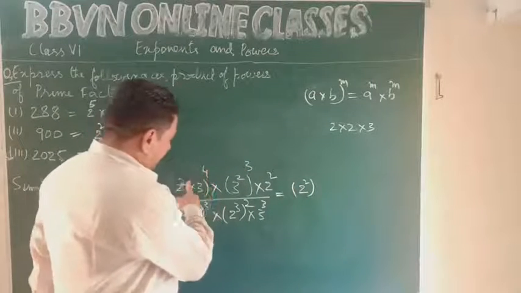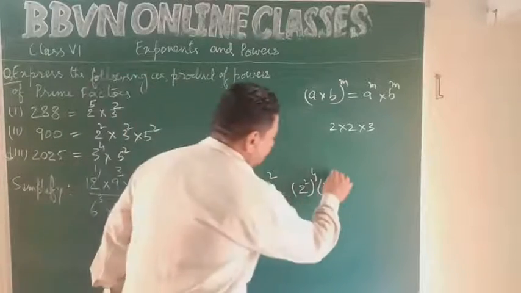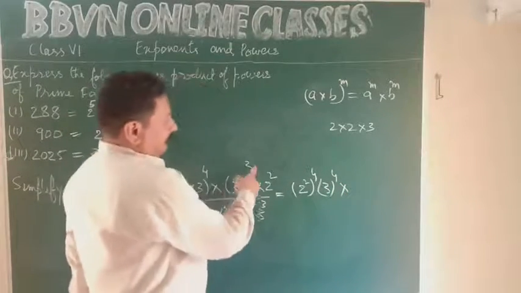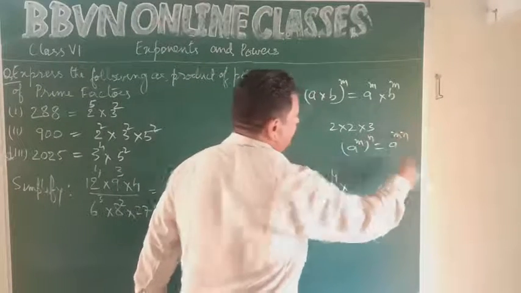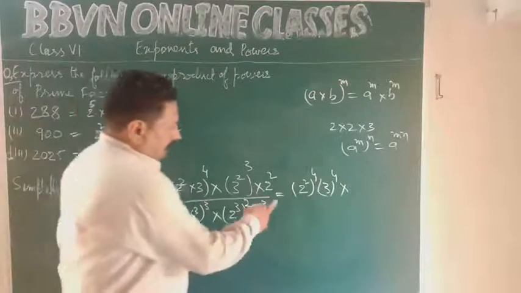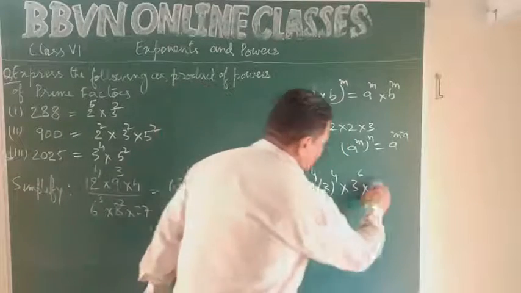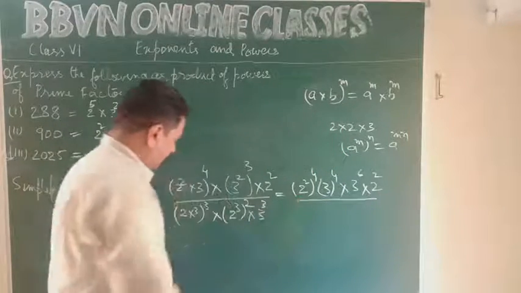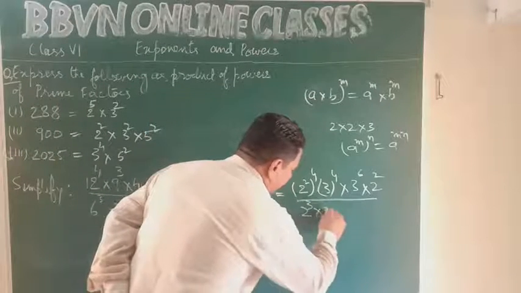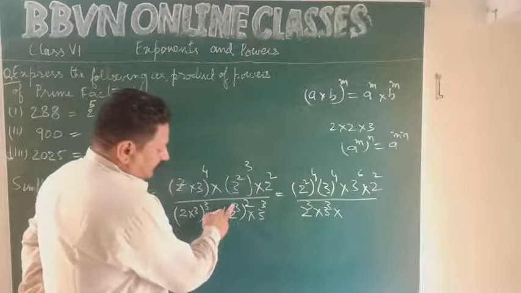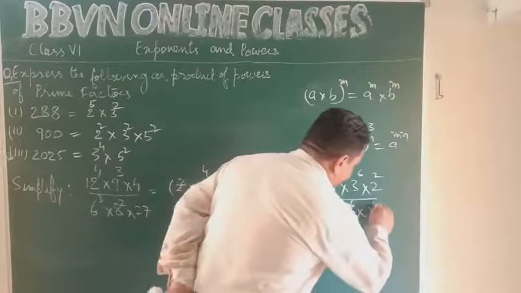So I can write it as, this power will come for 2 square as well as it will come for 3. Now power over power, this property: a power m whole power n, a raised to the power m into n. So this is 3 to the power 6 into 2 square. This 2 into 3 whole to the power 3 becomes 2 power 3 multiplied by 3 power 3. Now 2 power 3 into 2, 6. Apply the property. 3 cube.